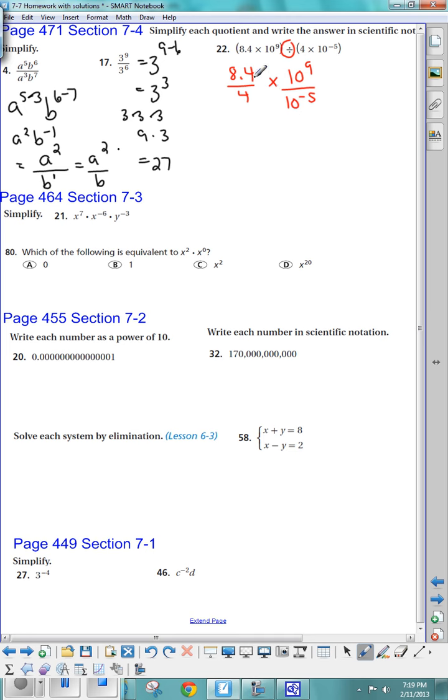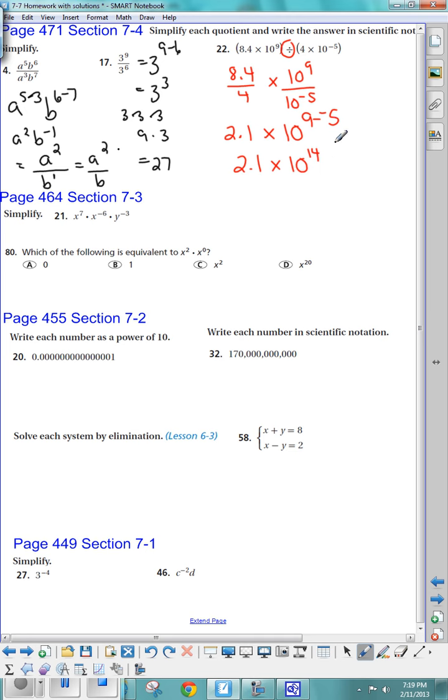Well, 8.4 divided by 4 is 2.1. Then when I divide the tens, I keep the 10, but I do 9 minus a negative 5. So I actually end up with 2.1 times 10, and minus a negative is really plus a positive, so that's really 9 plus 5, which is 10 to the 14th. That is in scientific notation because 2.1 is a number between 1 and 10, and it's multiplied by a power